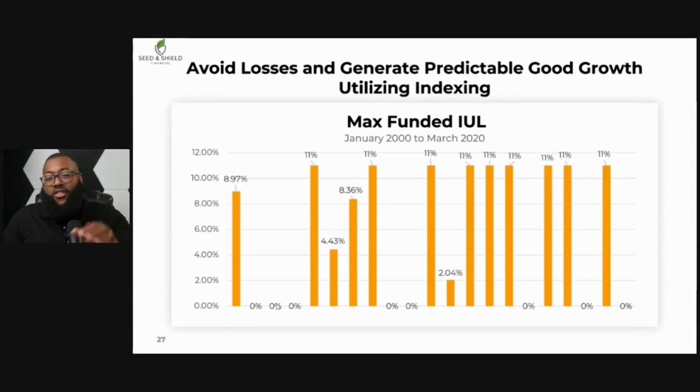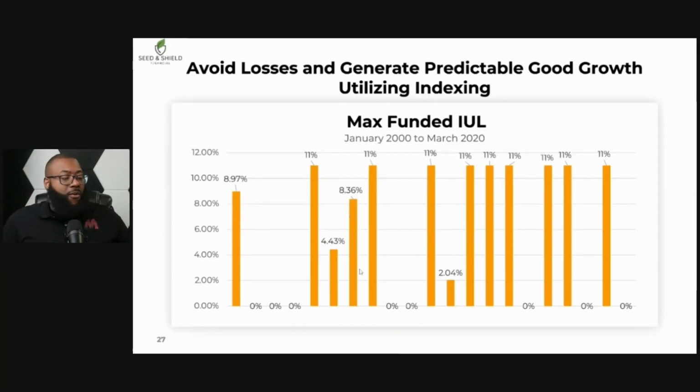In 2003, the market hit another downturn. But guess what? This person didn't miss a dime out of their account. They're living comfortably. When the market recovers, guess what happens? They are able to get 11% of that market gain. But remember a few slides back, they don't have to recover those losses that were just there for the last few years. This person is truly gaining 11%.